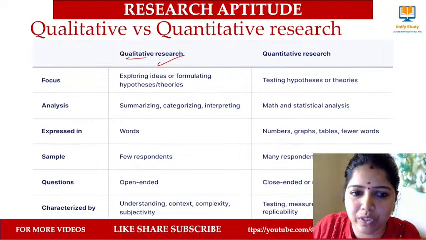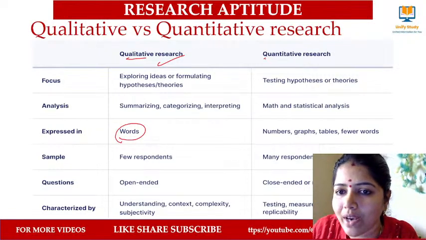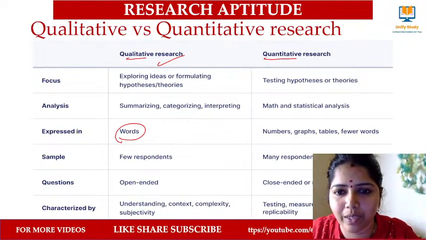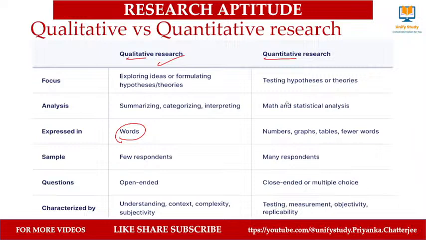In qualitative research, everything will be in the form of words. Whereas in quantitative research, everything is based on numbers, graphs, tables. Only numbers, measurements, that's all. In qualitative research, the sample size which I select is very small, but comparatively in quantitative it is very huge. The number of respondents and participants will be huge. We will work with lakhs of data, crores of data. With qualitative data, the respondent size will be small compared to quantitative.